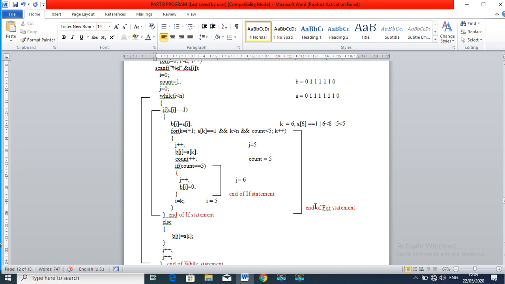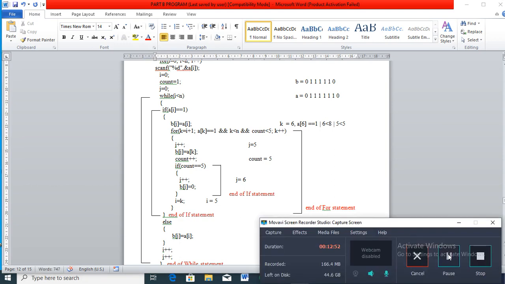And hence, I have written here, end of for statement, this for statement fails, this condition is not true. So if this condition is failing, it straight away goes out.